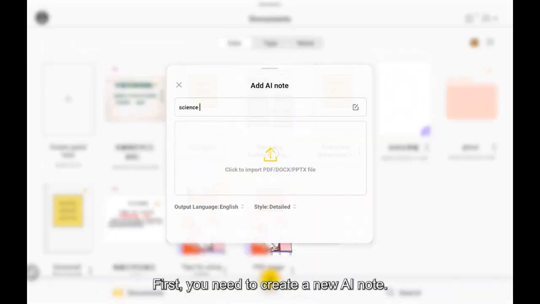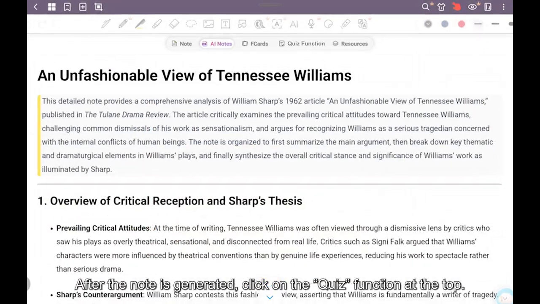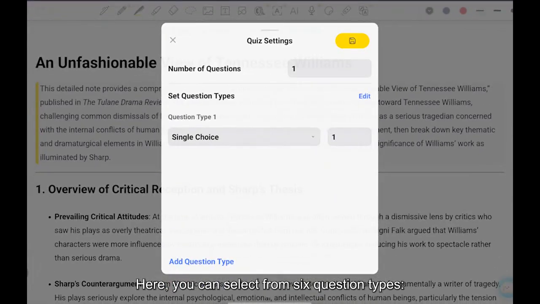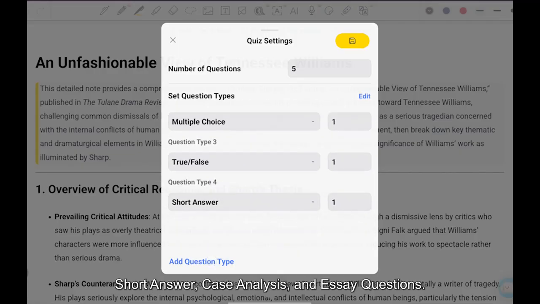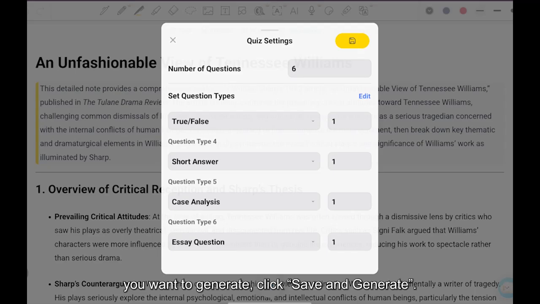First, you need to create a new AI note. After the note is generated, click on the quizzes function at the top. Here, you can select from 6 question types: single choice, multiple choice, true or false, short answer, case analysis, and essay question. Once you've set the question types and the number of questions you want to generate, click Save and